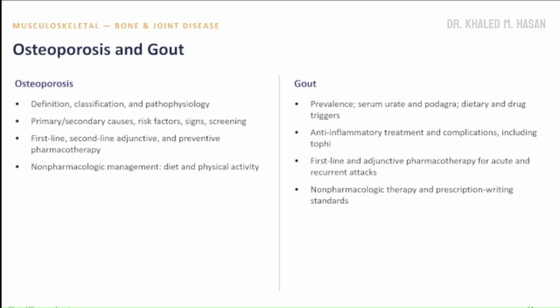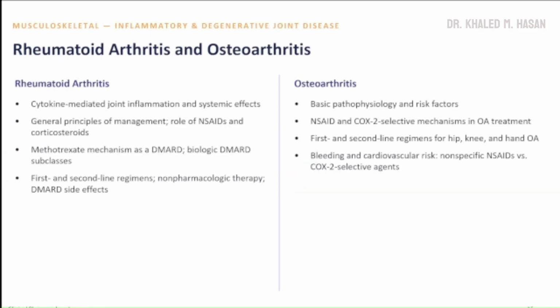Osteoporosis and gout. We're going to speak about the first line therapy for osteoporosis, and explain the non-pharmacological management of osteoporosis. Gout, we talk about prevalence, anti-inflammatory treatment, first line treatment for gout, focusing on the acute gout attack or like chronic attack or chronic disease. We talk about the non-pharmacological approach, also another important therapy. We conclude our